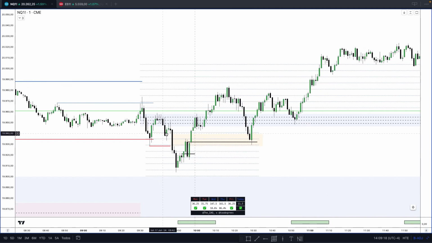And you see how we are respecting the standard deviation projections of this gap right here. Inside the macro, we have this order block, propulsion block paired with this inversion fair value gap. Price, the 10 a.m. candle opens, move higher,